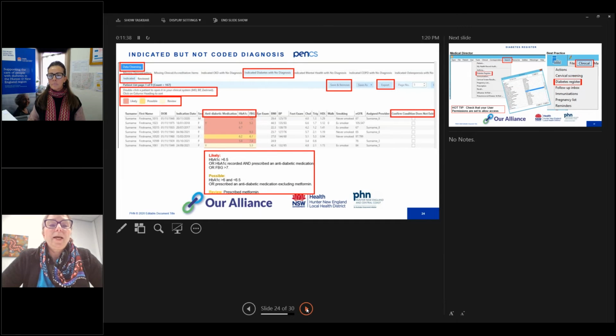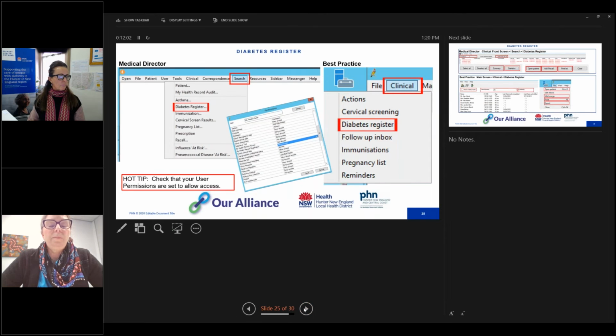So that's a nice way of double clicking on the re-identified patient name and getting straight into Best Practice or MD and adjusting that diagnosis from the drop down list for diagnosis. So it's very, very quick, very easy to utilize, very user friendly, a nice way of doing quality improvement.